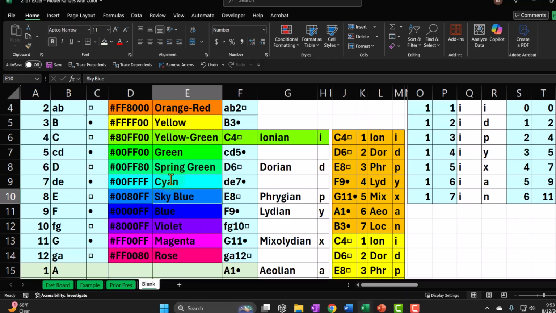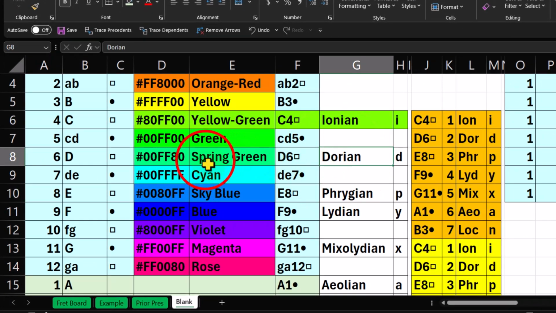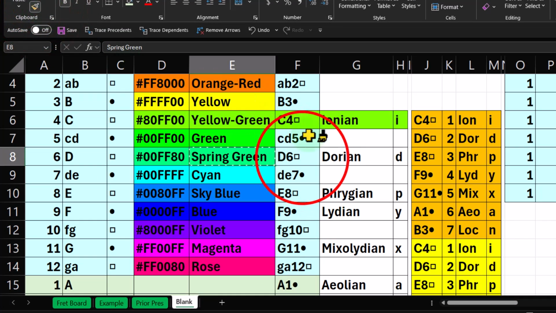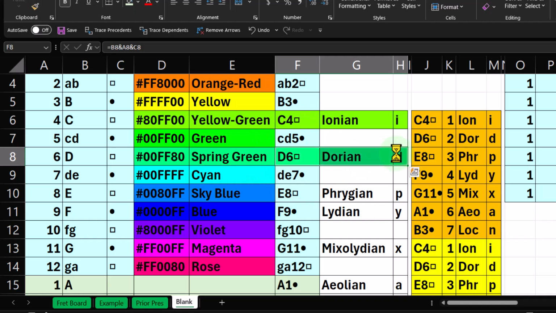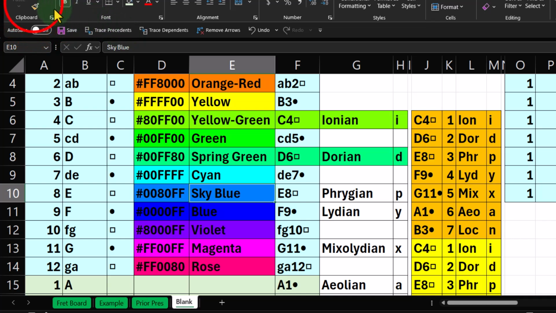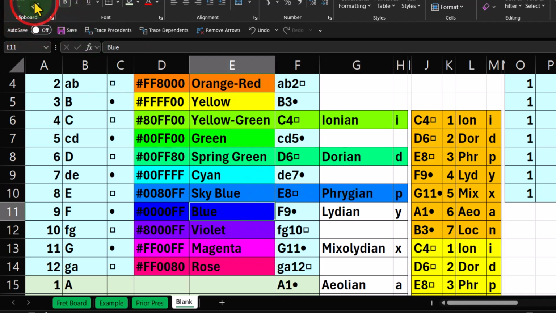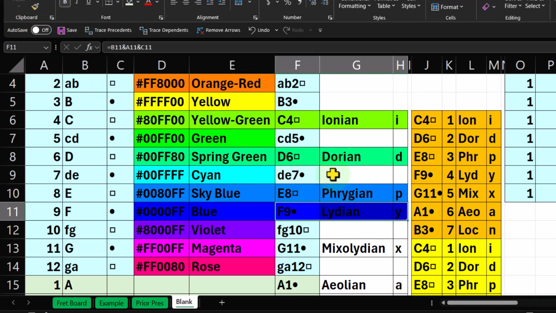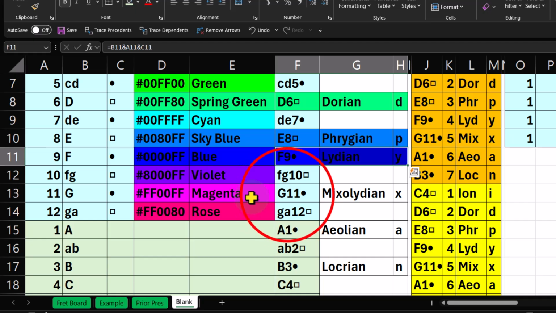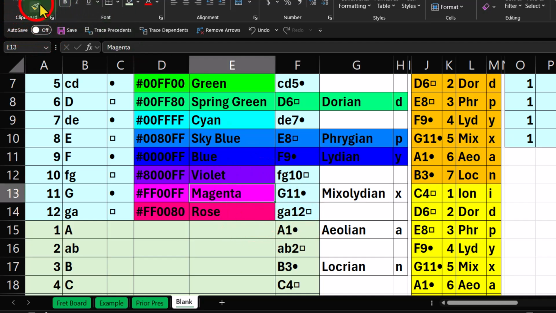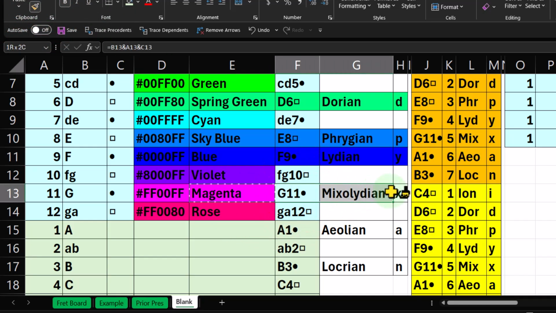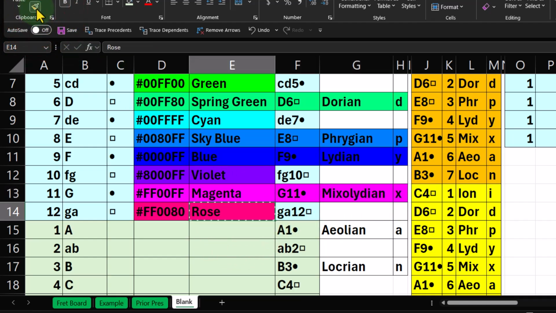So for the Dorian, we're going to pull the spring green and put that on the Dorian. So the spring green on the Dorian, and then we go another whole step to the Phrygian. I'm going to put the sky blue on the Phrygian, and then we go a half step to the Lydian. We'll put the blue here on the Lydian, normal blue, and then we're going to go to the Mixolydian. We'll put the magenta. It's not pink, it's magenta, on the Mixolydian,